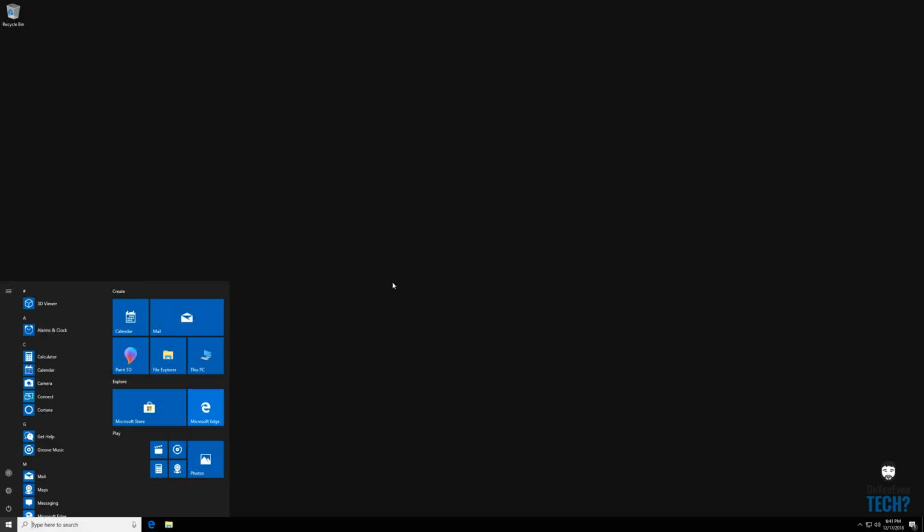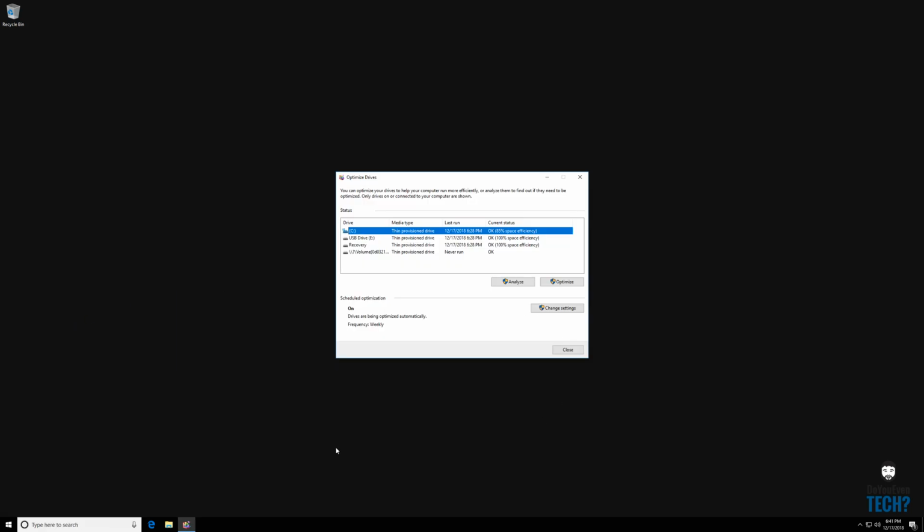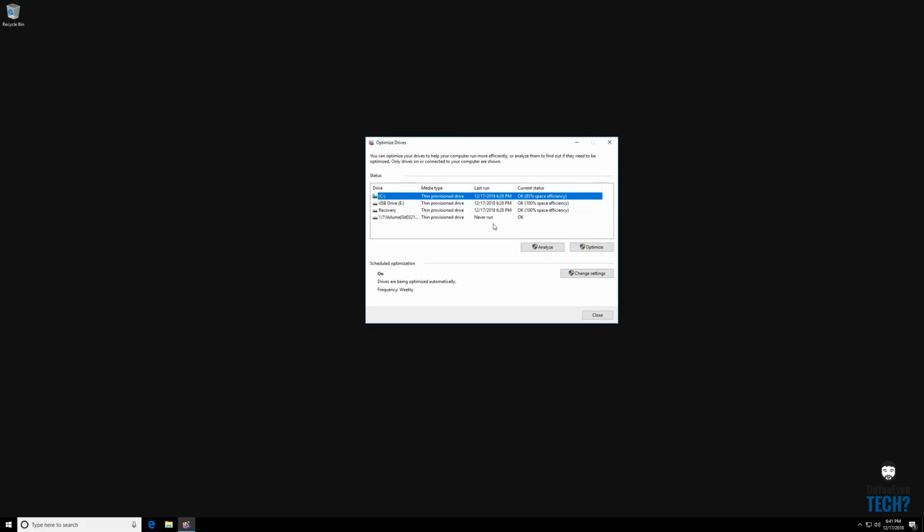Now let's go ahead and look at the defragmenter. So now we've got the defragmenter, and it'll show all the partitions and drives that you have connected to your PC. And again, the main drive that we're concerned with is the one that we're using all the time, which is the C drive. And it's the one that tends to get cluttered up. So just like your house can get cluttered up if you're in and out all the time, if you're using